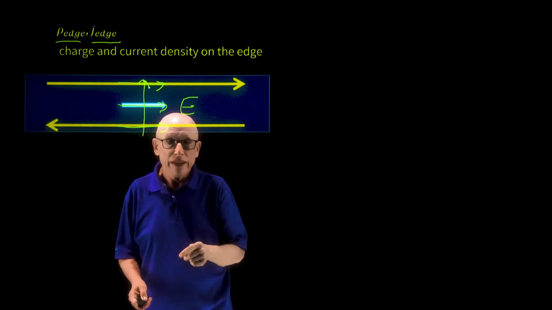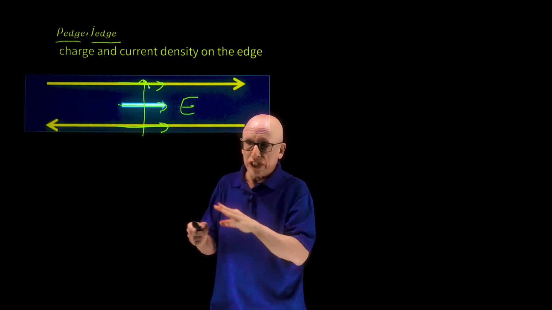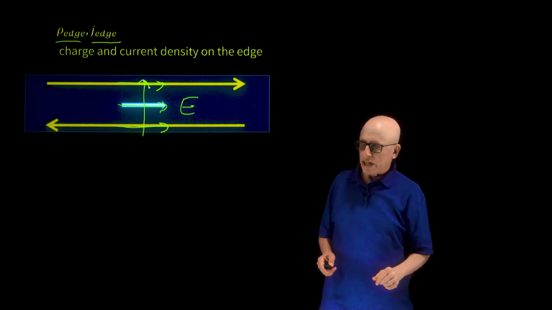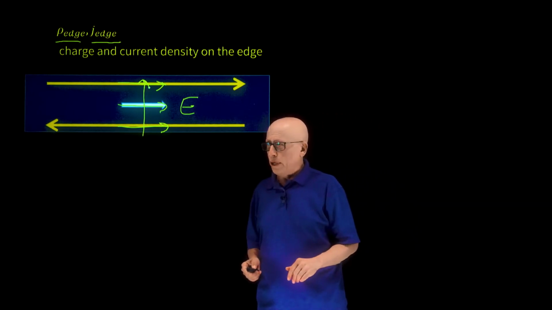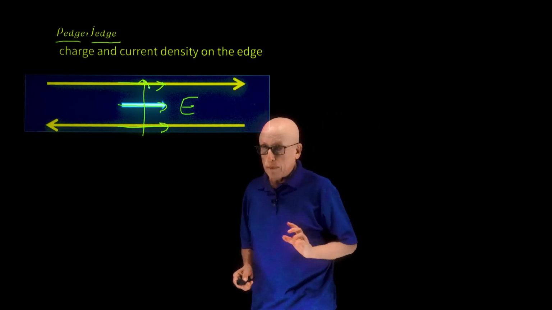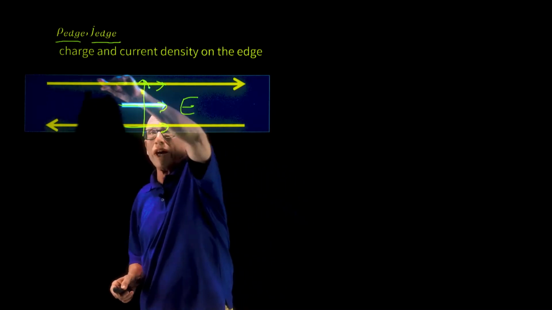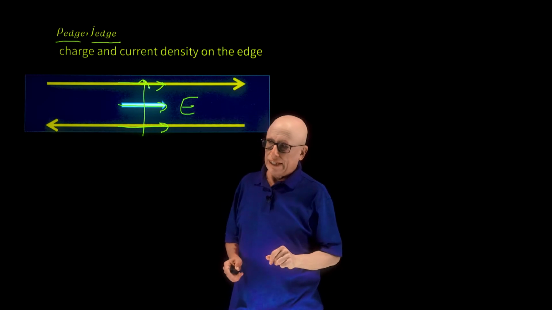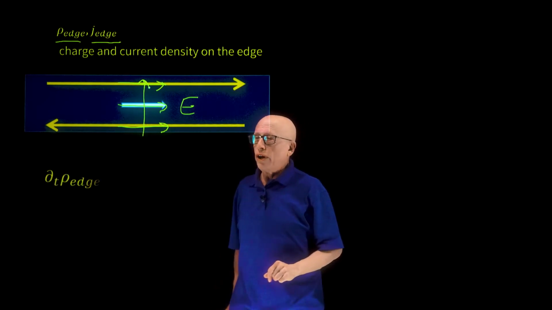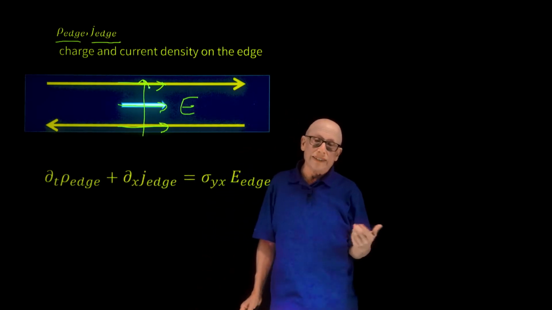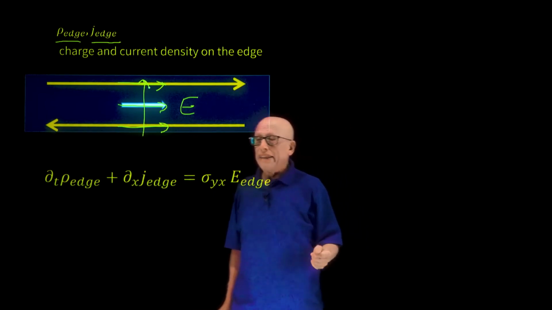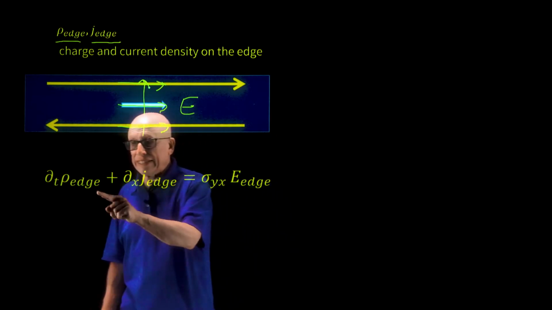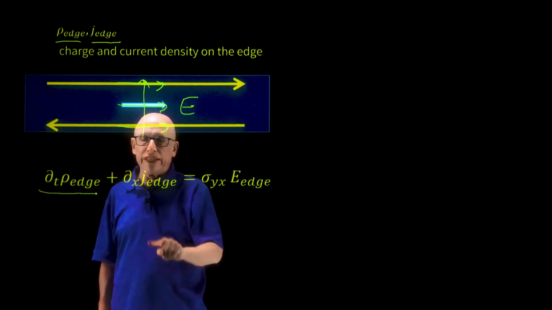What happened then? What happens to charge conservation generally is a question I would like to leave you to think about. What I'm going to do is to think only about one edge and in the presence of this electric field. So charge conservation doesn't hold, and the equation that replaces charge conservation is this: the time derivative of the density